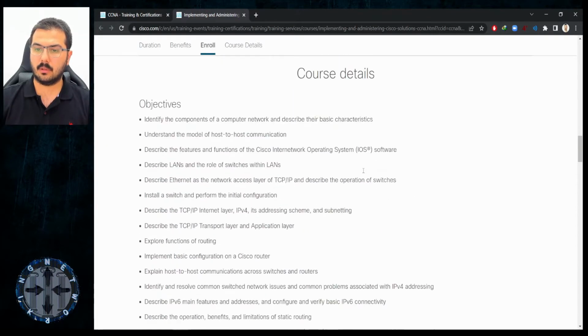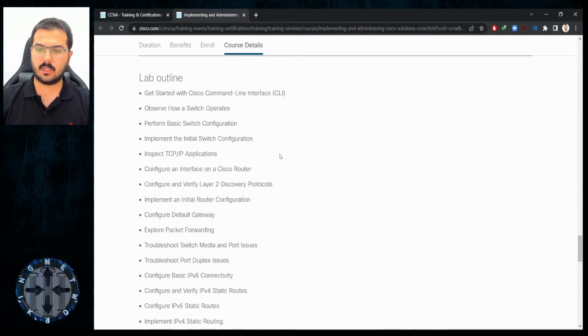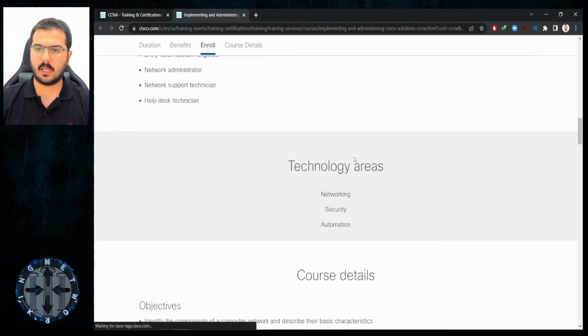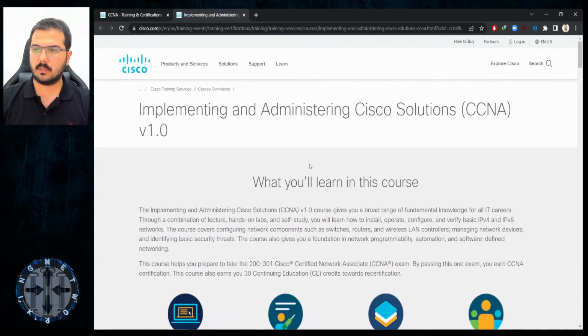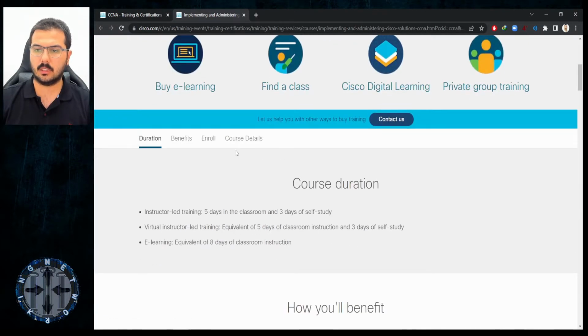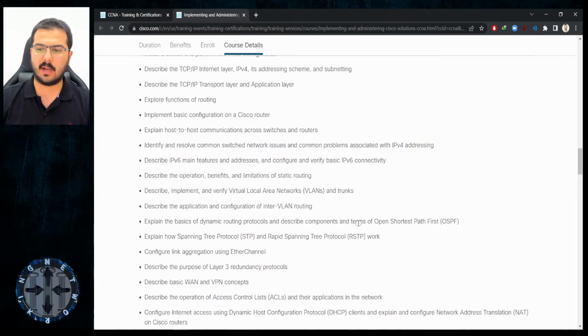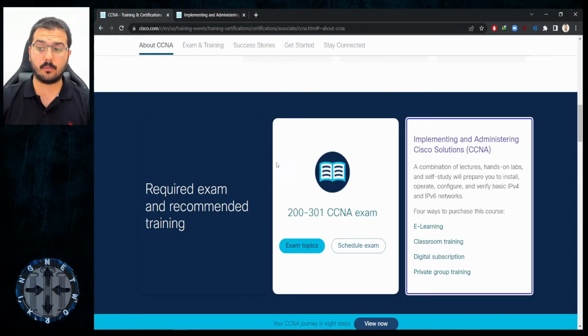I will go a little bit below and I will see all the details of that training and the lecture, etc. And I do believe that I can see the price somewhere up, because the price has to be there. Let me check. I need to book, actually, enroll. When I do say enroll, I need to log in, and after login I will find that this training costs $800, 800 USD. This is from Cisco. Officially, this is the official training from Cisco. So this is a way.